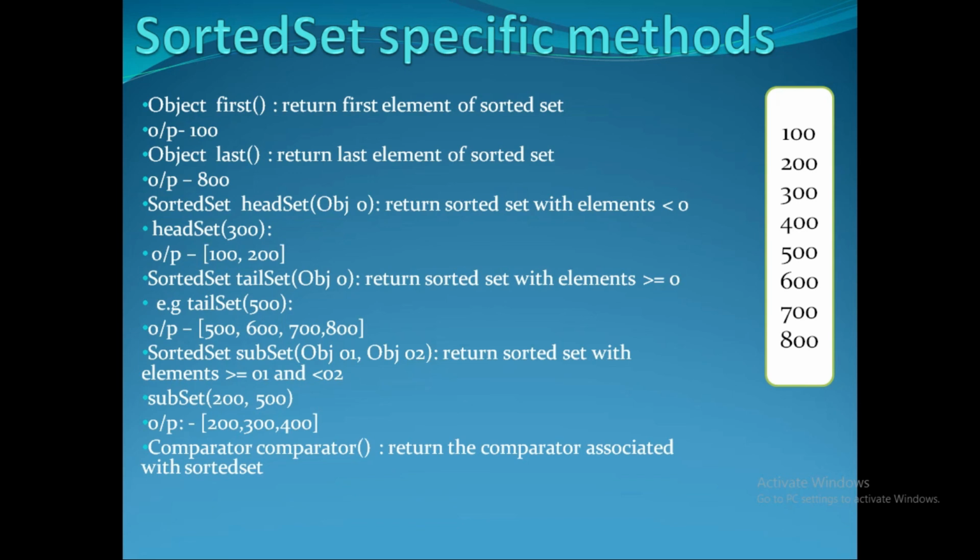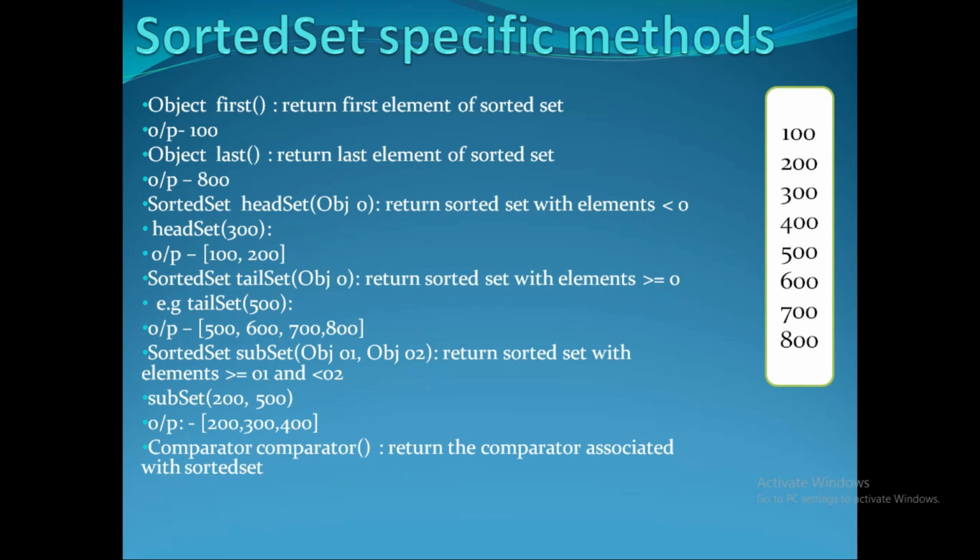Suppose I want to store Student objects, I have to implement the Comparator interface, and in Comparator we have the method called compare. We have to override it, meaning how to sort it, how to order it, we have to write in our own way. That is called a comparator, nothing else. Comparator gives us the order in which we want to store the elements.